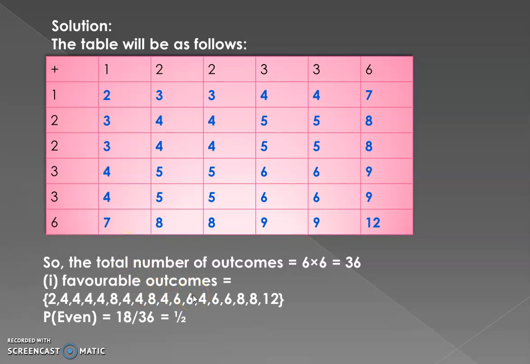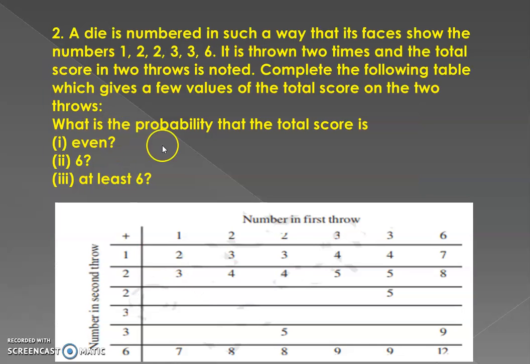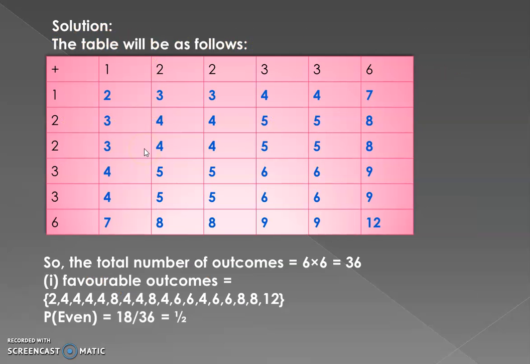So the first part is you have to find when the sum is even. That is, the probability that the total score is even. So you have to see from the sample space what all even numbers are appearing here. Like 2 is an even number, then 4 is an even number, again 4 is repeated. So these will be 2 different outcomes, but then again 4, 4, 8, then in the third row again 4, 4 and 8, and in the fourth row you have 4, 6, 6, again 4, 6, 6. So you will list down all these numbers which are even from the sample space.